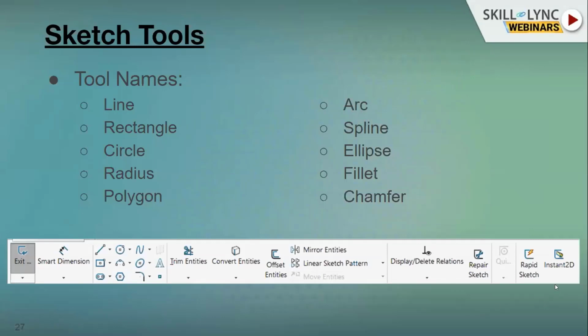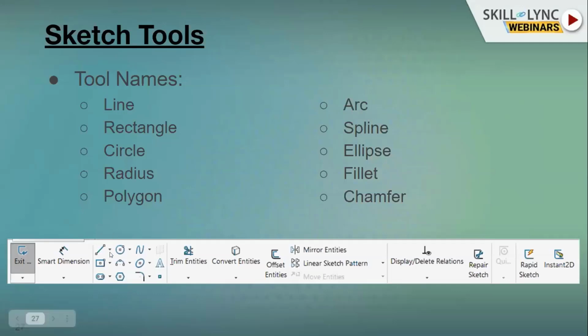This is the graphical view once you start working on SolidWorks. When you create a sketch, you would be seeing these tools in the environment. First, this one is called line.